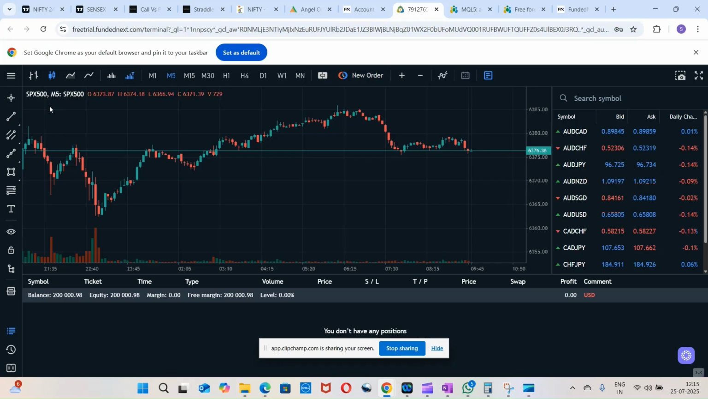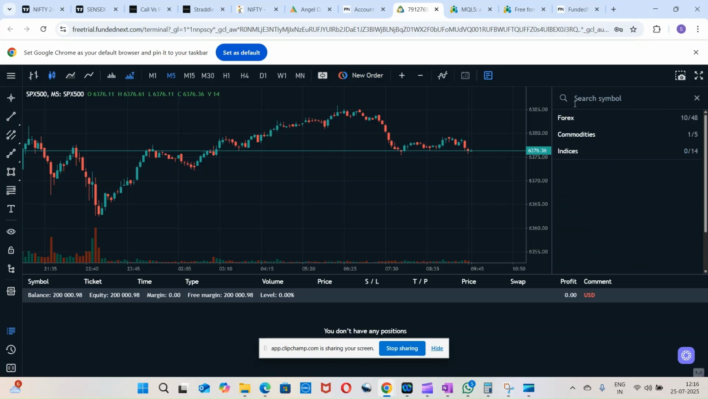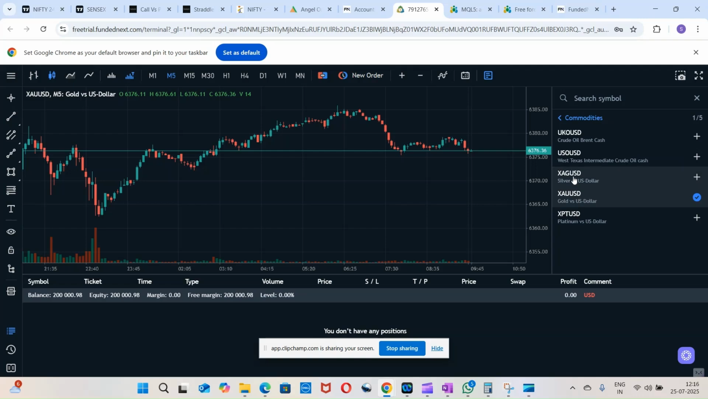So right now I've opened SPX 500, but you have different ones here, and you search a symbol. So you have commodities. If you go to commodities, you have gold, XAU USD you could trade. Silver, XAG USD, is there, and platinum is there. So these are the things you will be trading when you go to prop firm challenge: XAU USD,